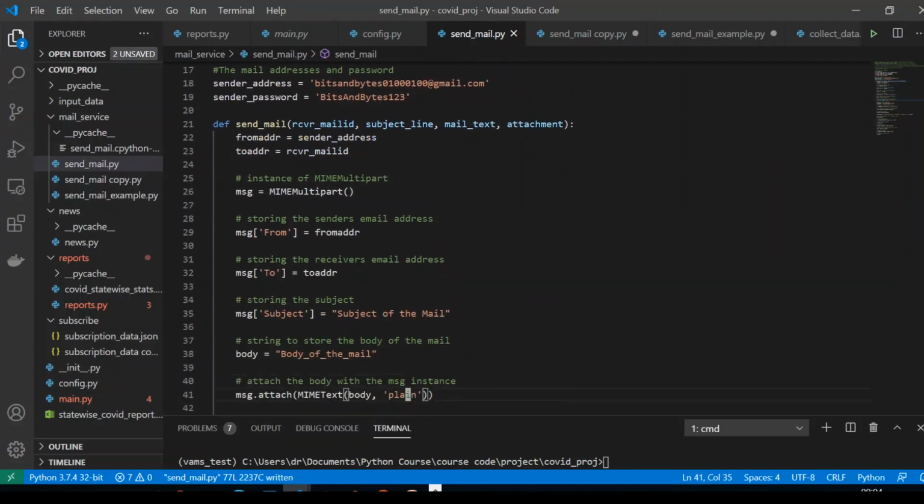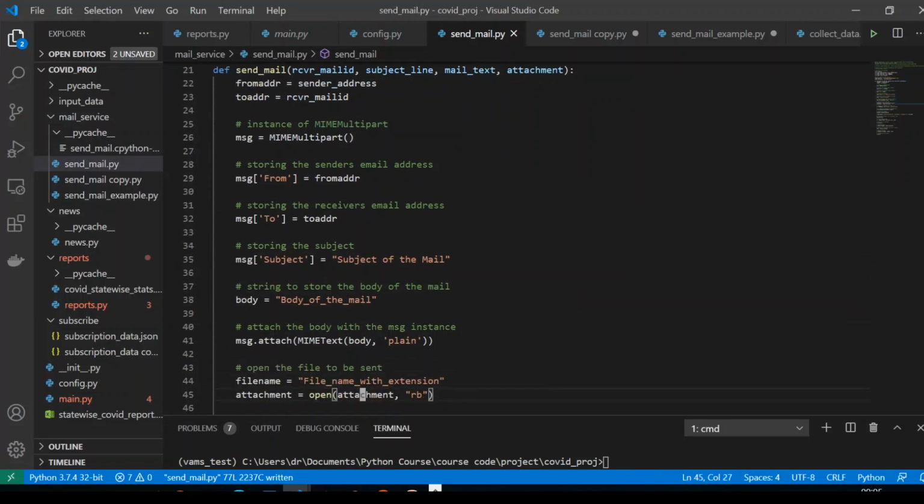I'm just initializing some of the variables here. This is actually an object to tell that this is a multi-part MIME. This is the mail exchange, and this is the dictionary. You can simply initialize an object, and inside that you are just populating the variables.